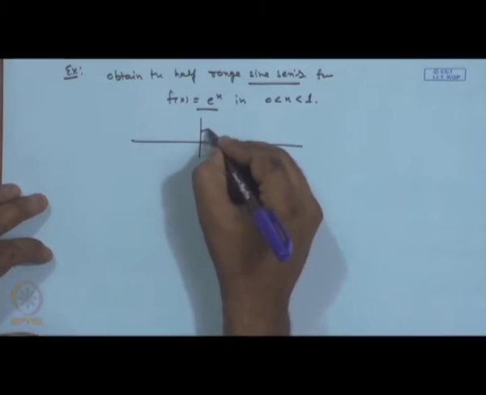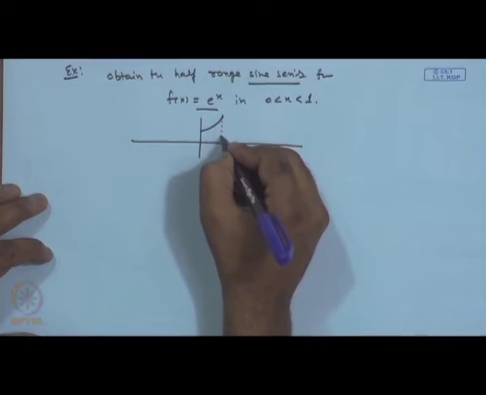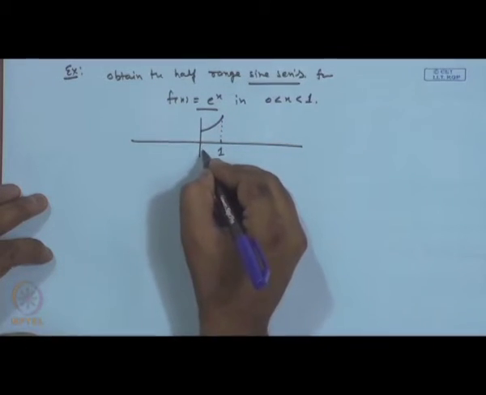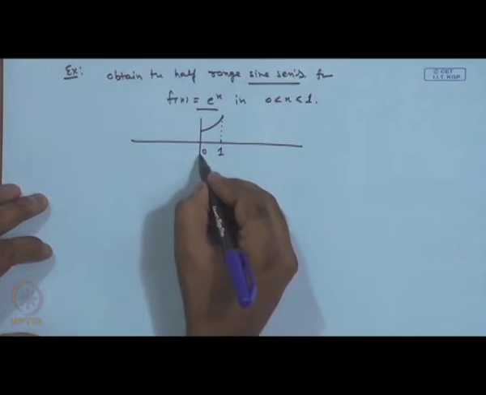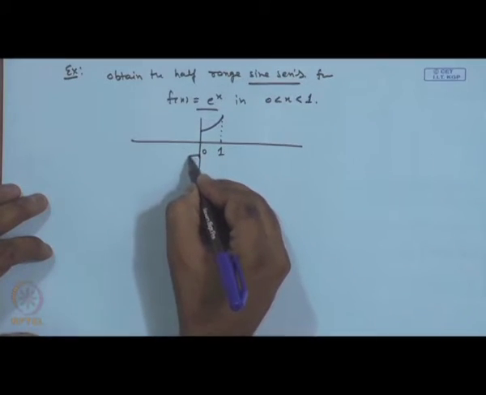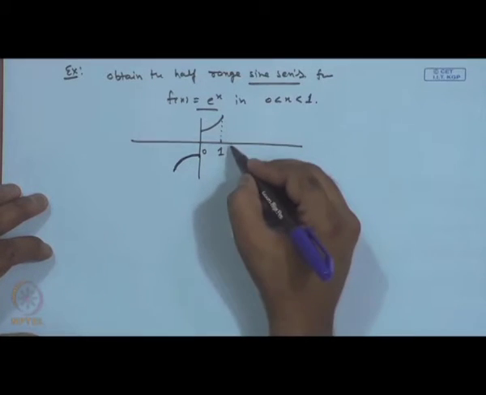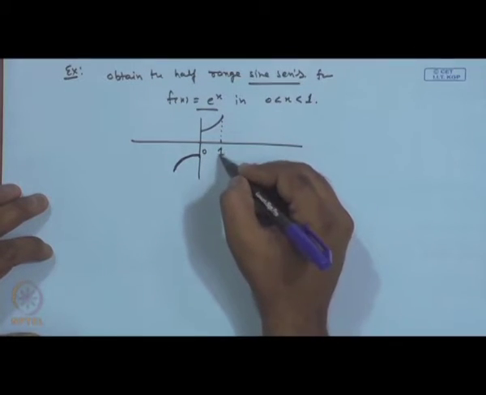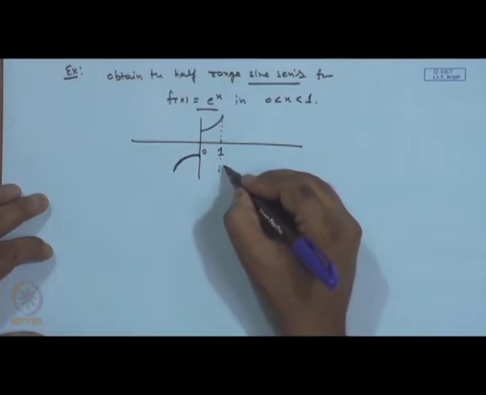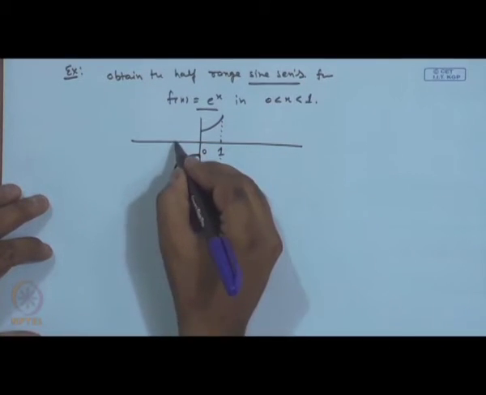If this function is given here on 0 to 1, we get the odd extension of this function, and then we continue with the period minus 1 to 1,